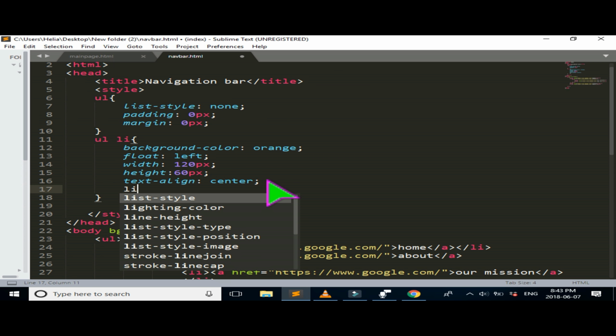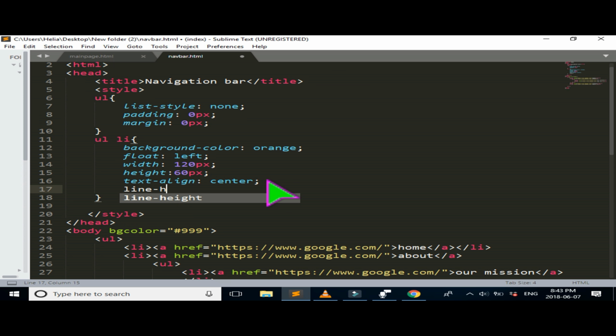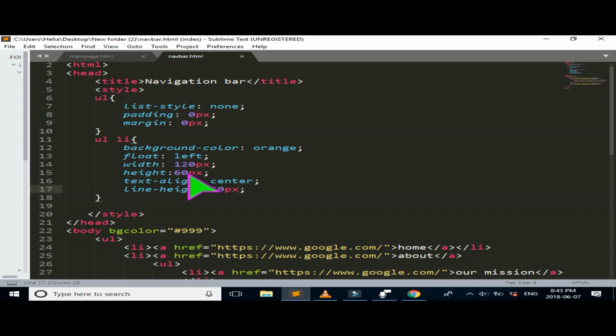If you want it to be in the middle, you have to set the line height to the same as your height pixel as well. So here I'm just going to do 60 pixels, save this, and then run this again. Now everything is in the middle. But what happens if I change this one? If I change the height to, for example,